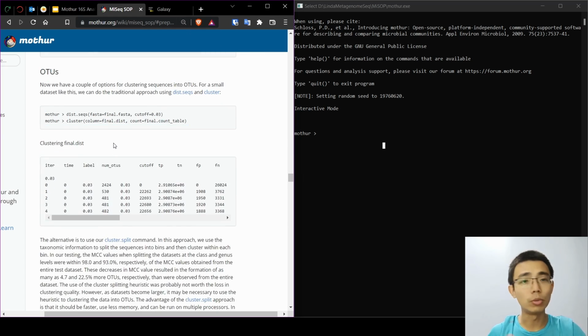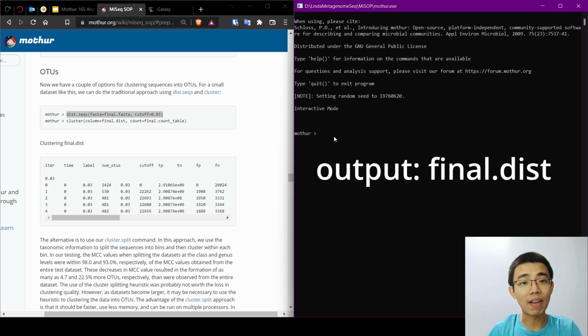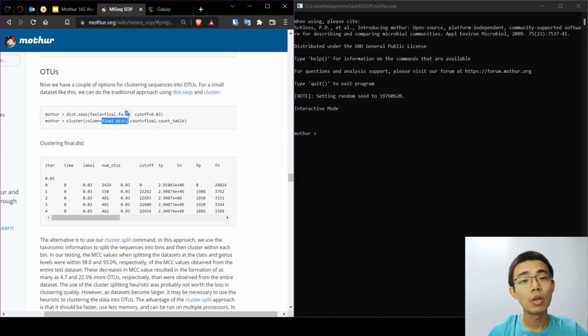So they are actually called OTU, which is a section of those sequences. So the idea is pretty simple. We're going to run a dist.seqs to get the distance between them. This is going to take quite a while, so I'm not going to run it in real time here, but you will get something like a final dot this by the something like that, final dot this when you're finished